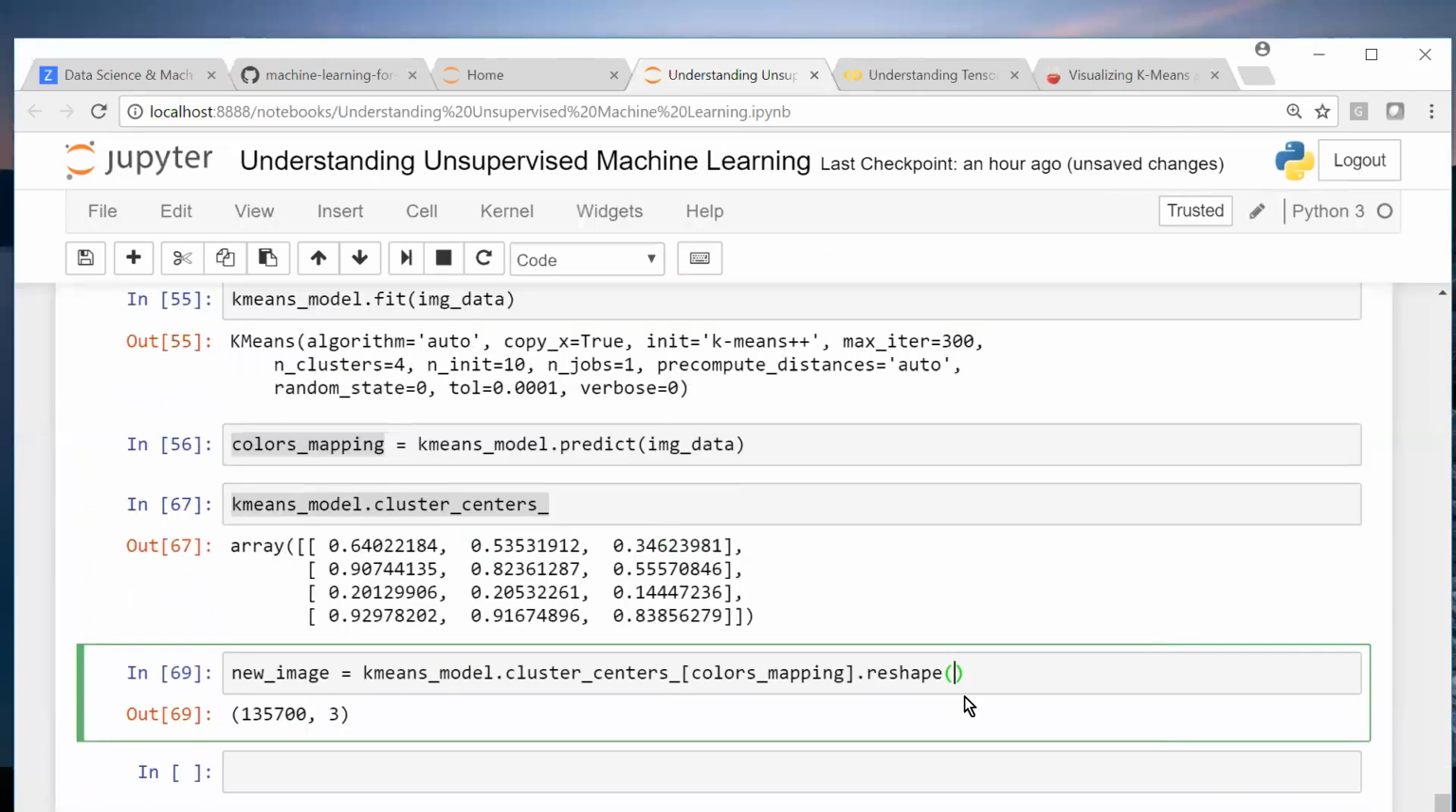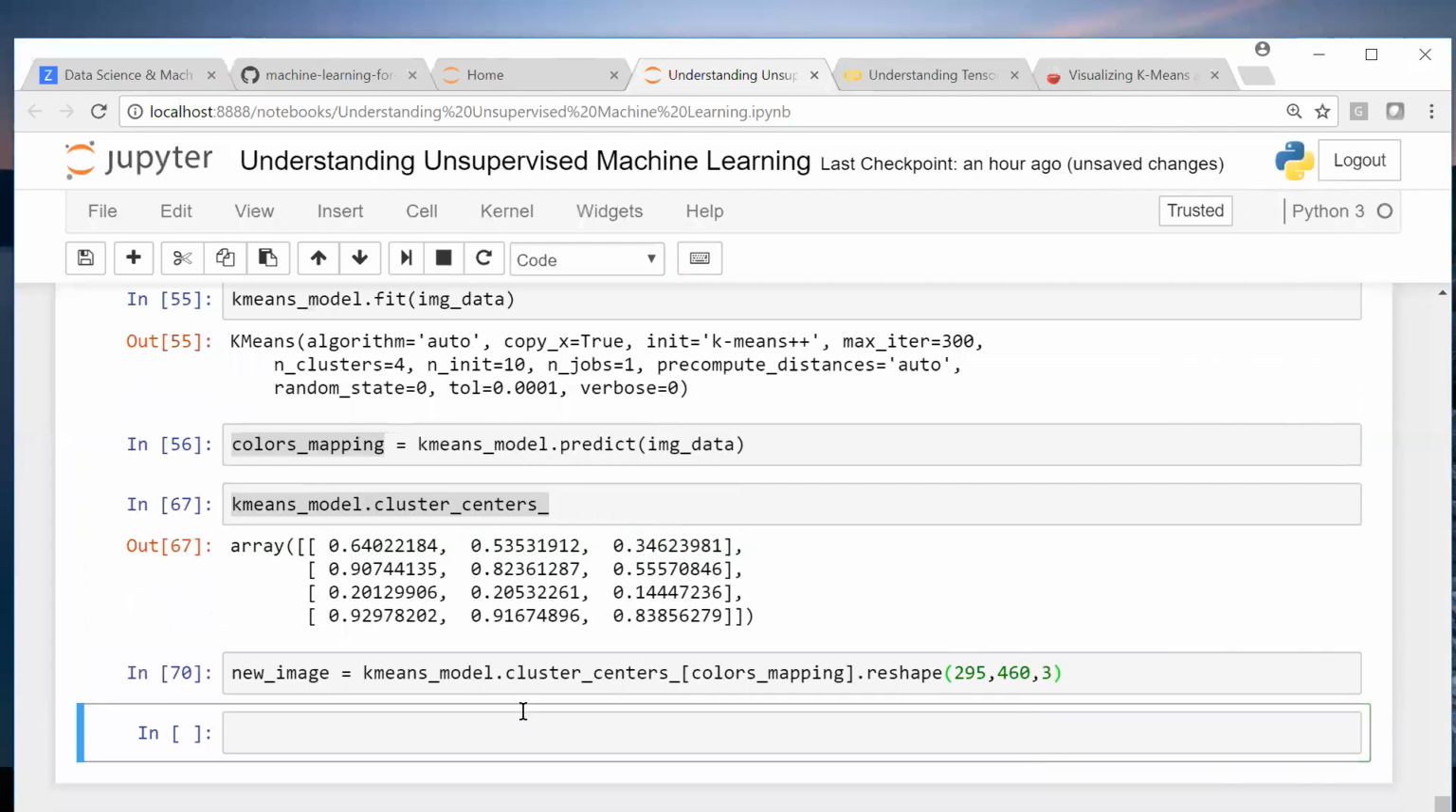295, 463. 295, 460. This is your new image. You want to see the new image now? But remember, for the new image you have to multiply by 255. Even if you don't do it, it will work. But